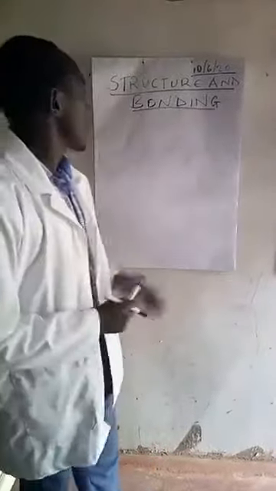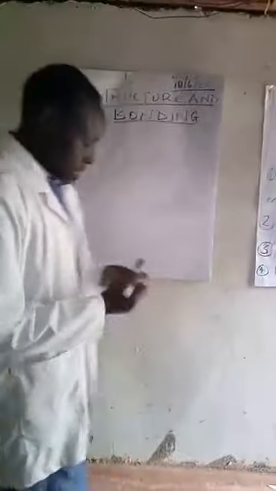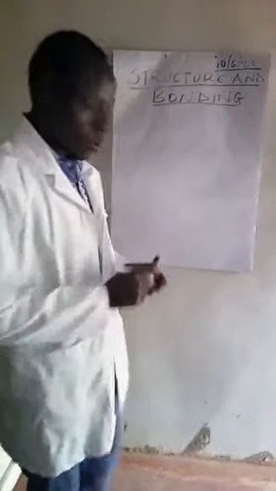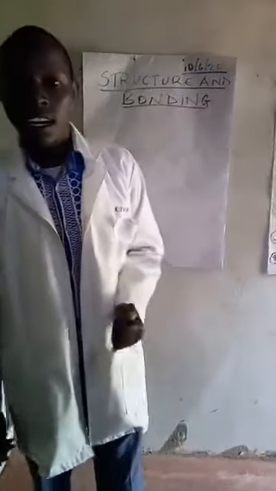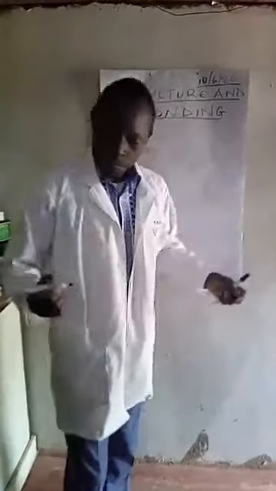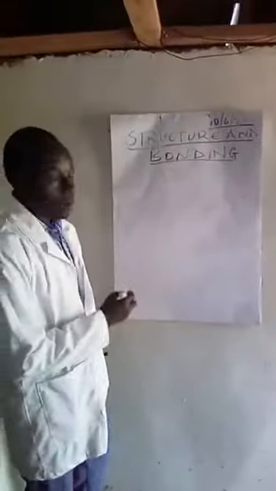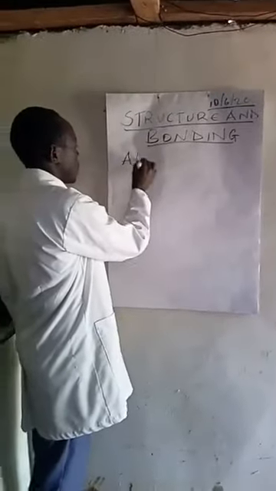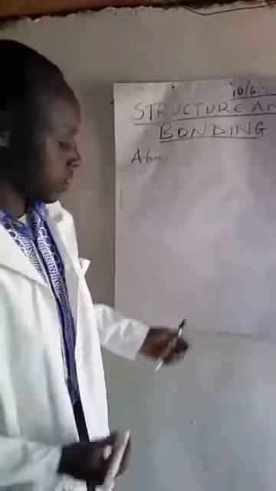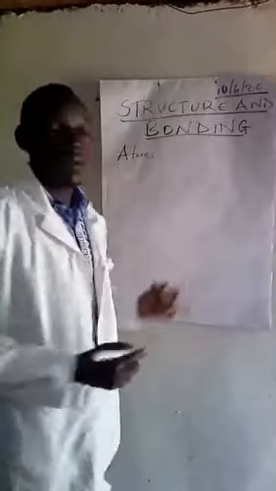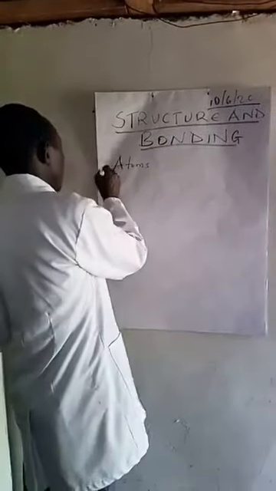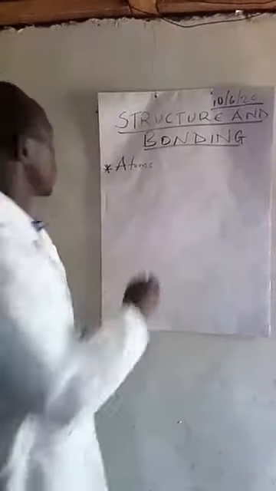So we are going to look at structure and bonding. To start us off, let us review something that we did in the first topic, atomic structure and the periodic table. We talked about atoms, the elements found on the periodic table, the first 20 elements, and we said atoms are stable